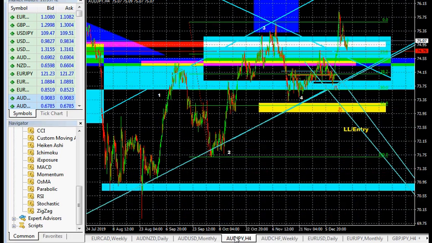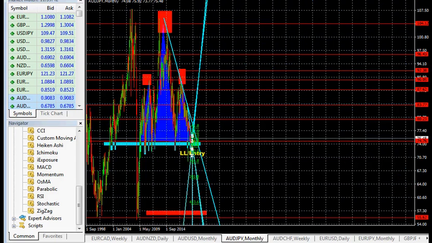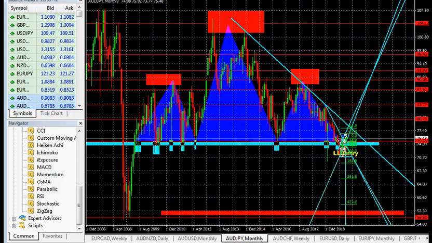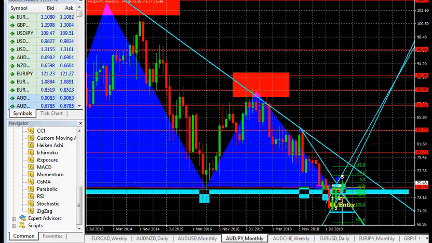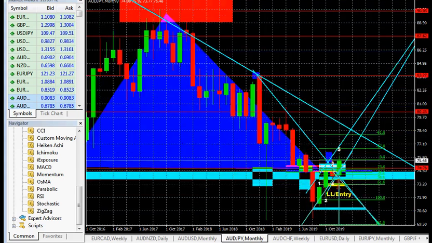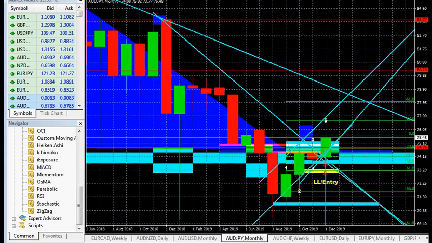Let's make an analysis of the Australian dollar versus the Japanese yen. So we can see that this currency pair is a clear head and shoulders pattern. So the left shoulder, the head, the right shoulder. So what we wait for is this price action, the current price action at this level, to see what is happening. So we go to the